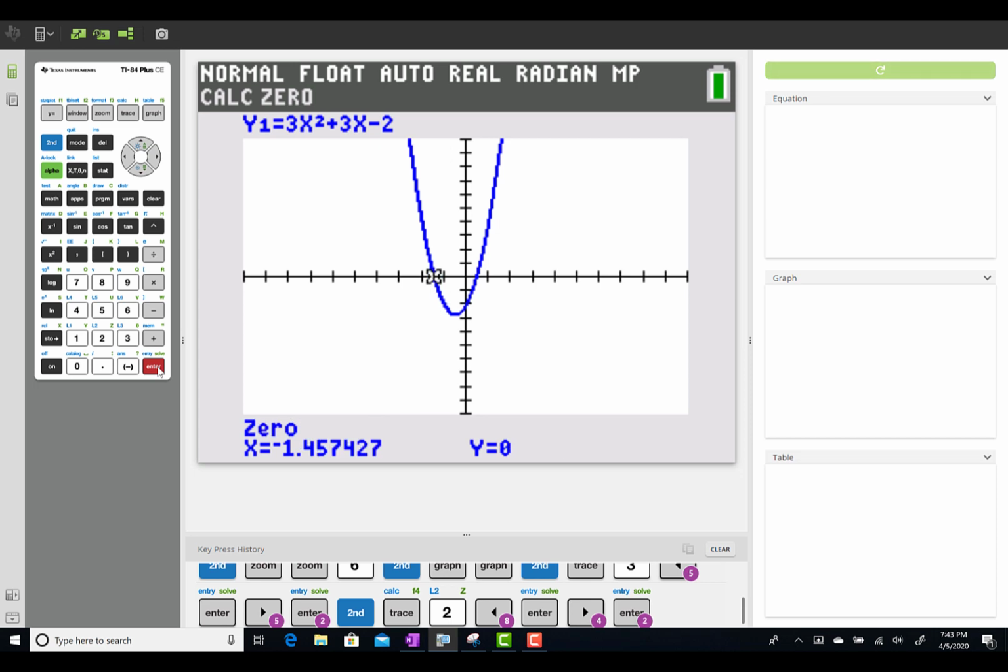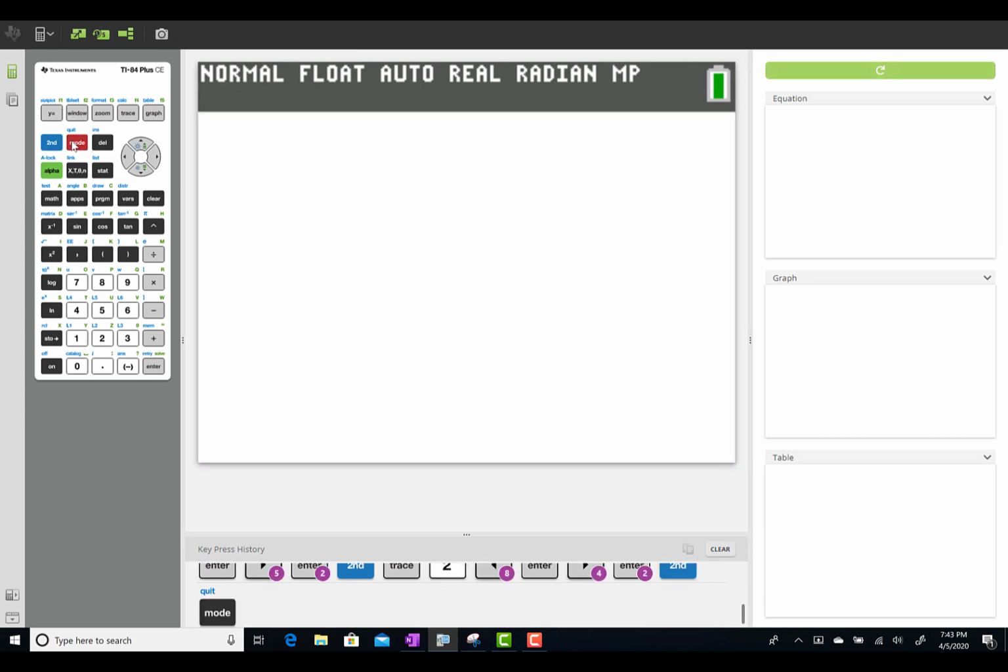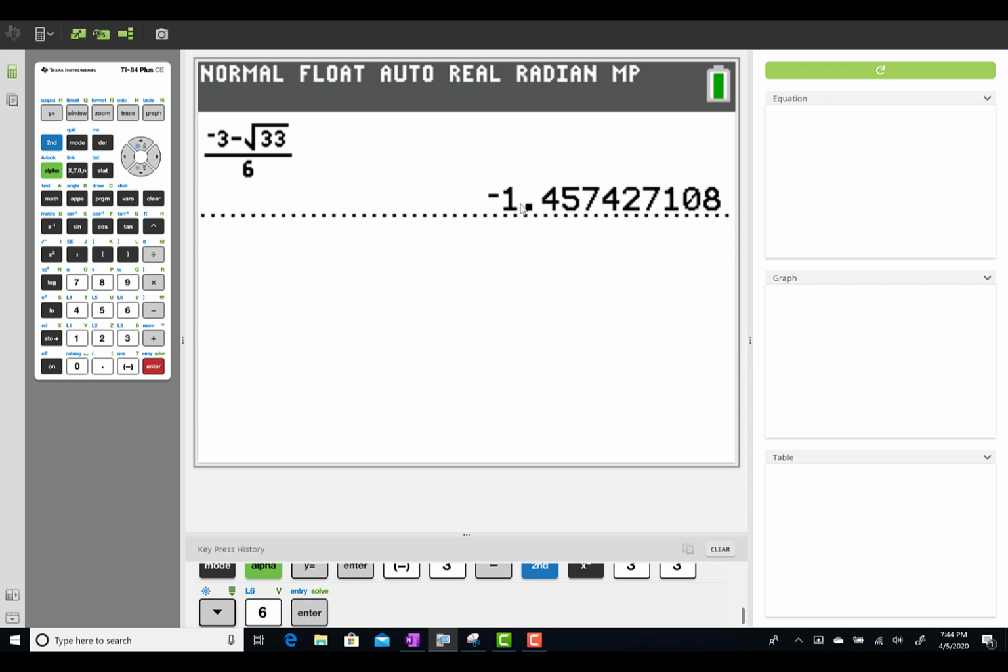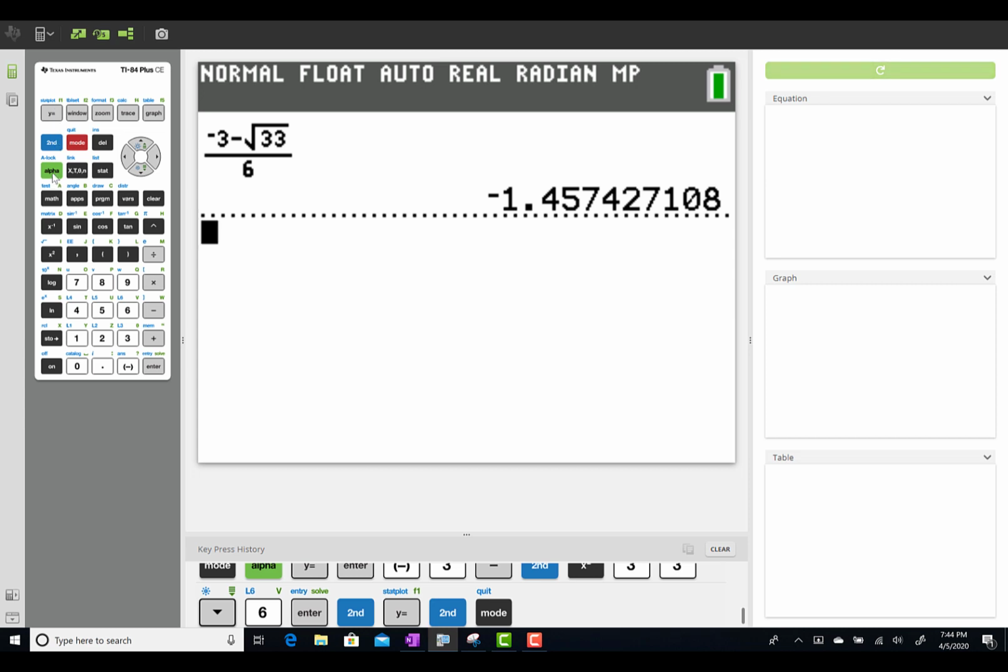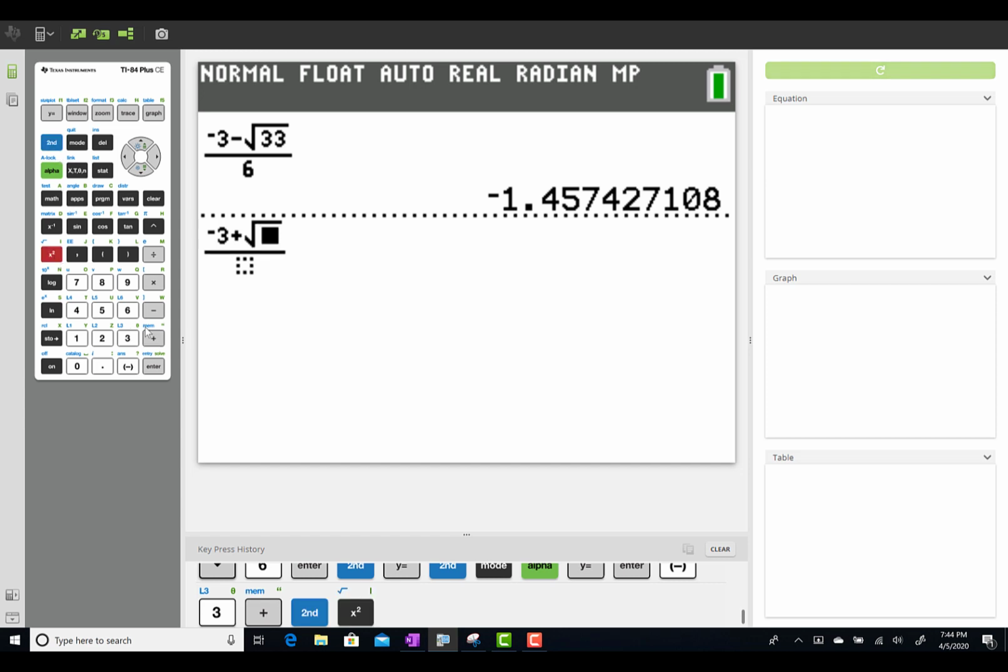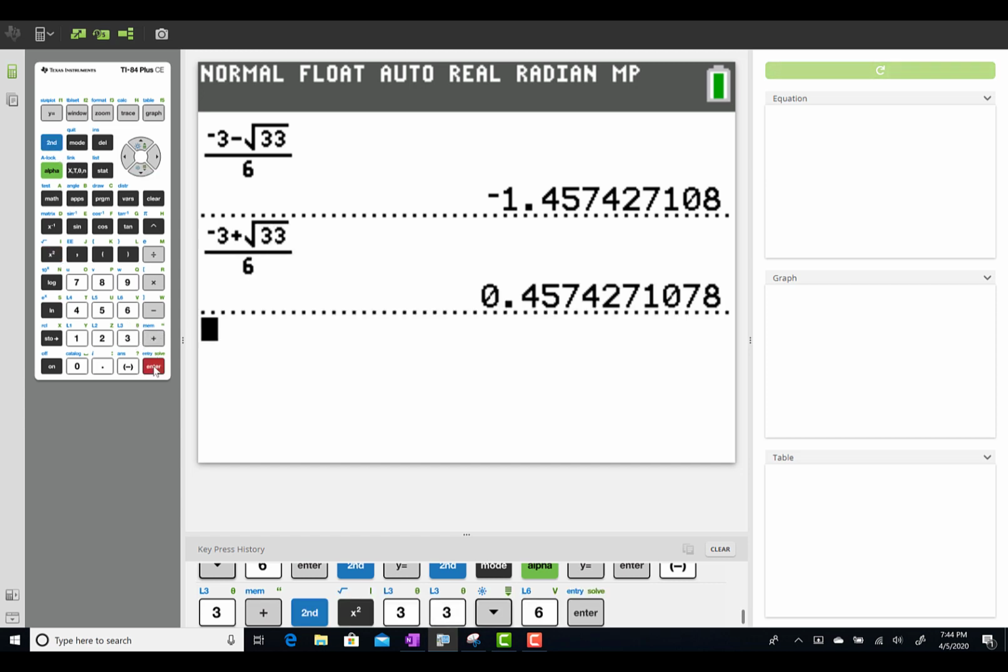Oh, let's find the zeros. So this is my x-intercept, -1.457. I got the exact value by using the quadratic formula, but this is also another thing you could do to check your work. We can plug in what we got, -3 minus the radical 33 over 6, and if I work this out, it gives me that same decimal right here. So it's just a way for me to double check my work. Let's go ahead and check the other x-coordinate, -3 plus the square root of 33 over 6. I get